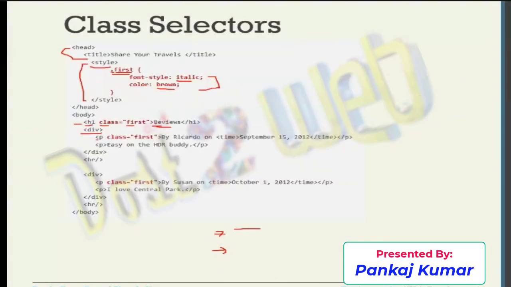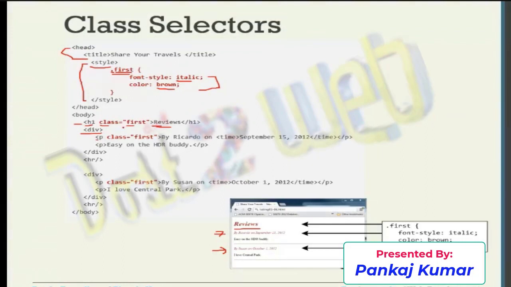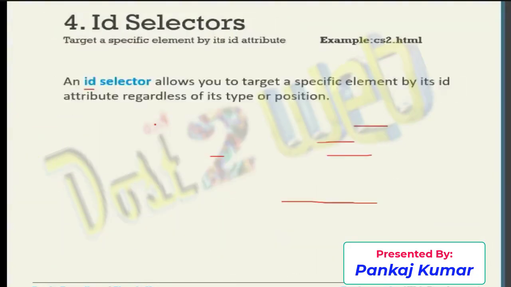Previously we targeted only the particular specific element. Here we are targeting the complete division tag, and the font style will be italic and the color will be brown. If you see the previous result, I had to define every paragraph and every heading tag, and only then it would change. But here, with the ID selector, if you use it directly on the division, then it will be applied. This is the ID selector.